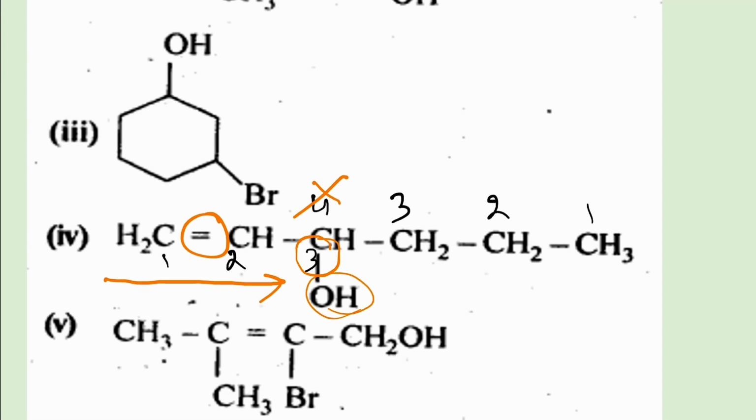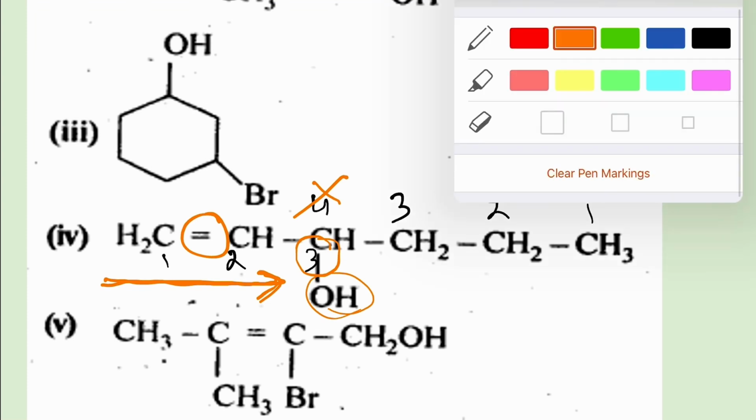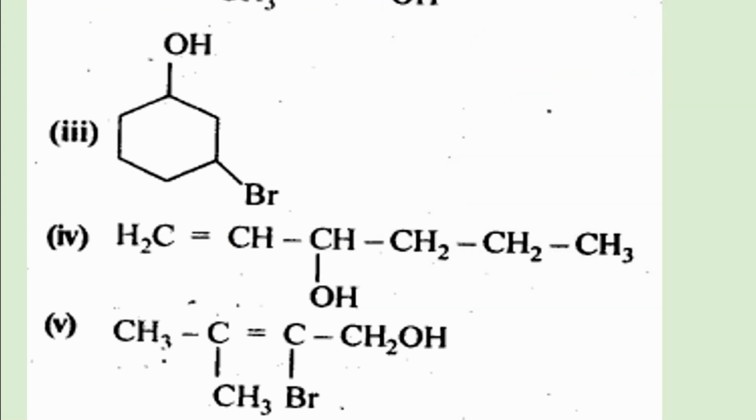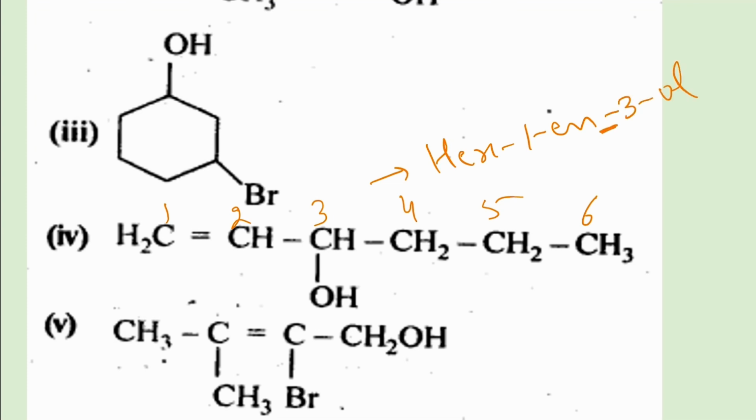And the other thing is, if I'm coming from this side, then automatically the carbons having the double bond are also getting the lower number. So the perfect choice is 1, 2, 3, 4, 5, 6. This is hex 1-ene 3-ol. I have not put E here because OL has come. There is no diol or something. That's why. The last one is